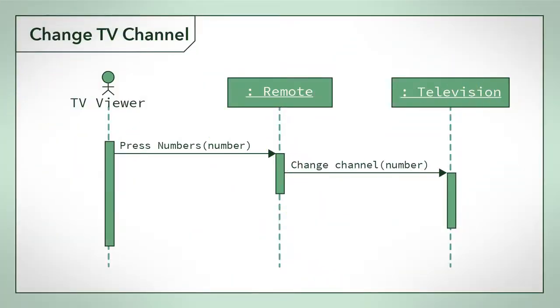Next, the television changes the channel, which the TV viewer can see on the TV screen. This is a returning of control. That means I'm going to denote this response using a dotted line arrow. I'm going to draw this arrow from the television object to the TV viewer. This action only affects the television and the TV viewer. The remote is not part of this interaction, so we do not extend the box on the remote's lifeline to include this action. As you design software, your sequence diagrams can get much more complicated.